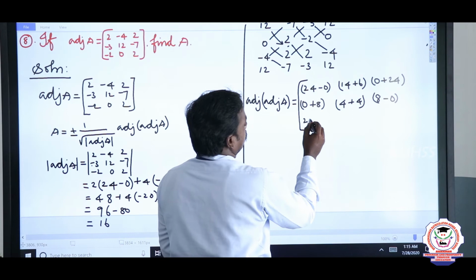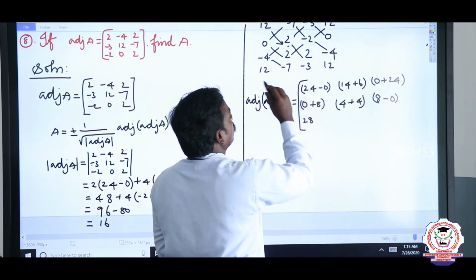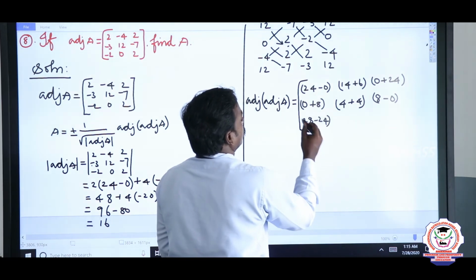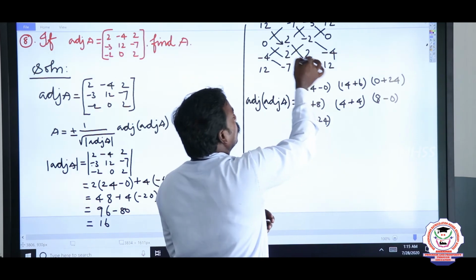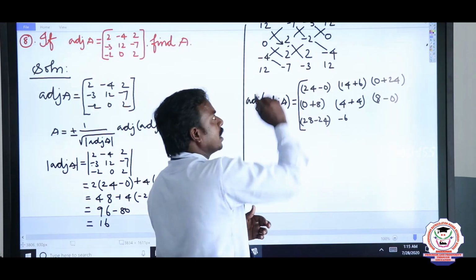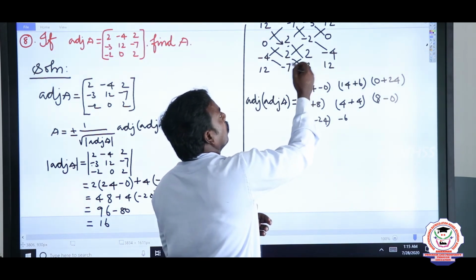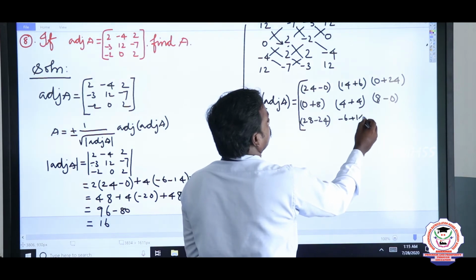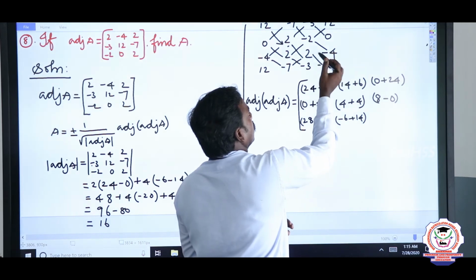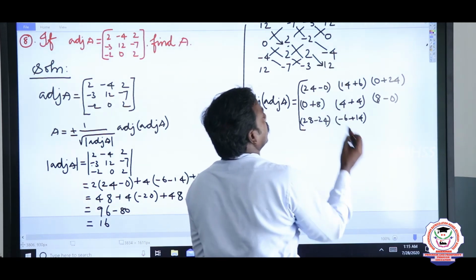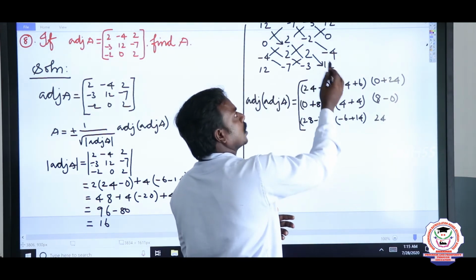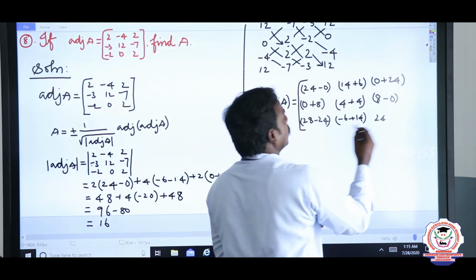The third row, minus 4 into minus 7, that is minus minus plus 7 4s are 28, 28, so minus would come, 12 2s are minus 24. So third row first column over. 2 into minus 3 minus 6, 7 into minus 2, so 1 minus should come, so minus into minus plus, plus 14. Third row second element over. The last row last element, listen, that is 2 into 12 24, 24 into minus minus plus, 1 minus should come, so 3 4s are minus 12.